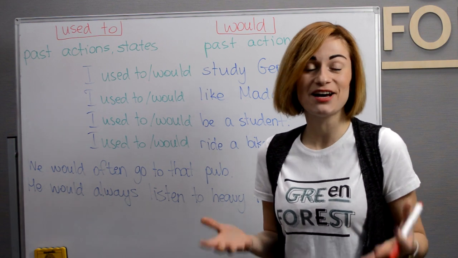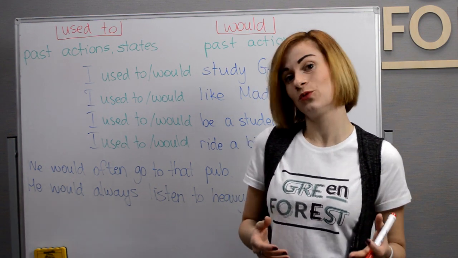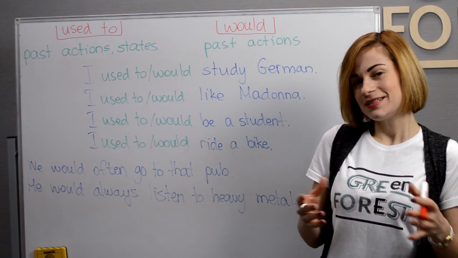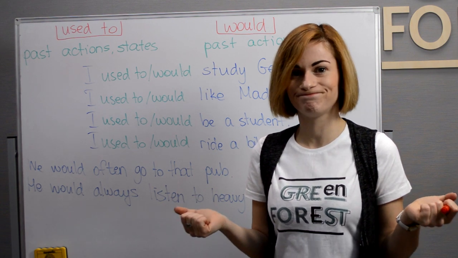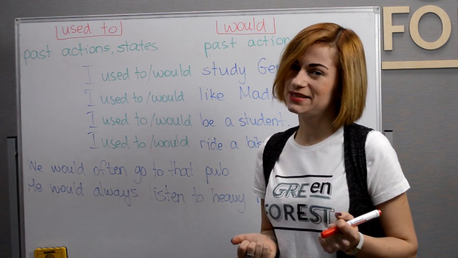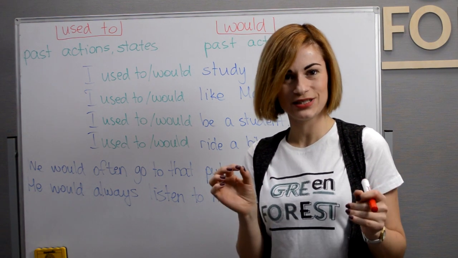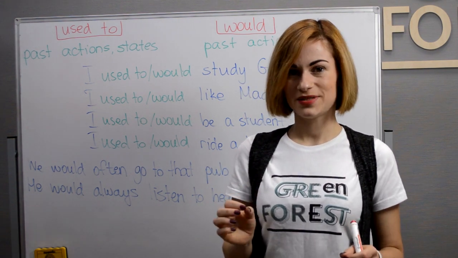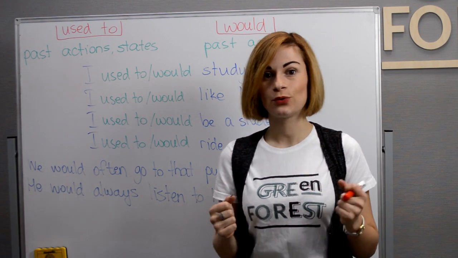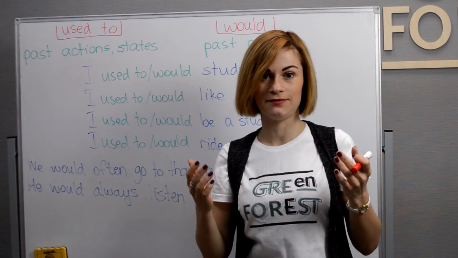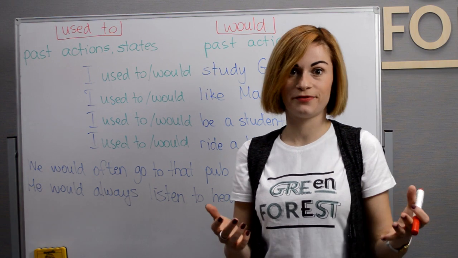Let's continue and have a look at another word we can use in the same meaning. It is the word would. Is it the same with the word used to, or are there any differences between them? Here we need to remember something about state verbs. I hope you know them, but still, let's revise. State verbs are verbs that are not so dynamic. They are more about your state or feeling or thinking activity, like love or like or hate or prefer or